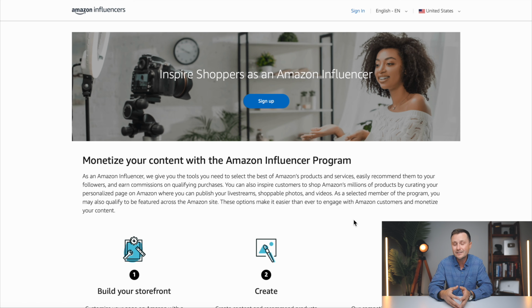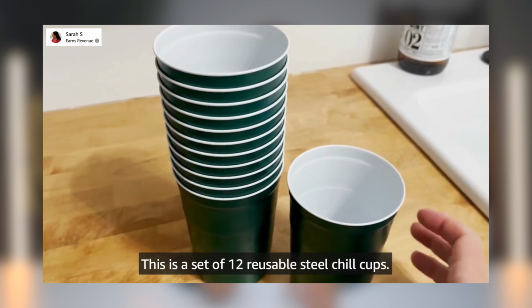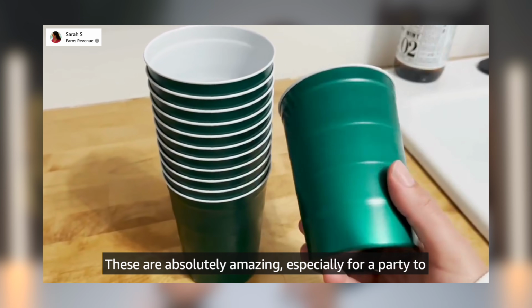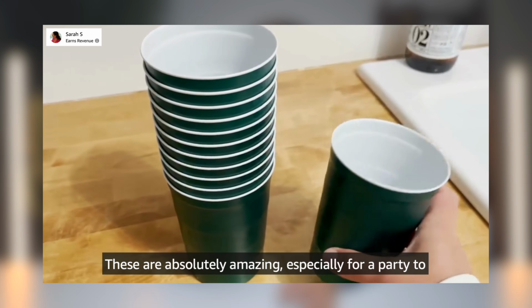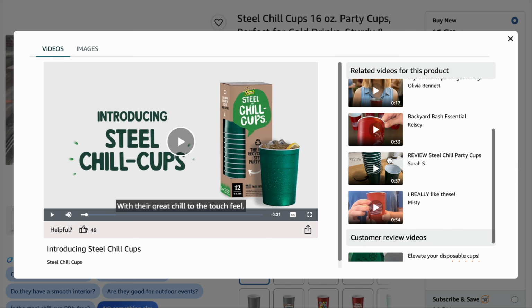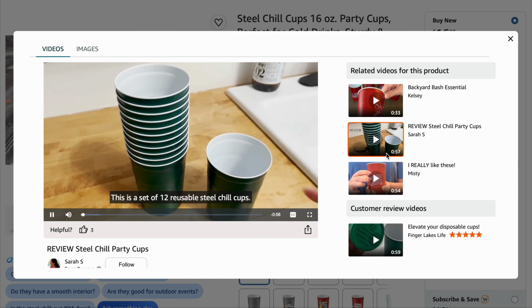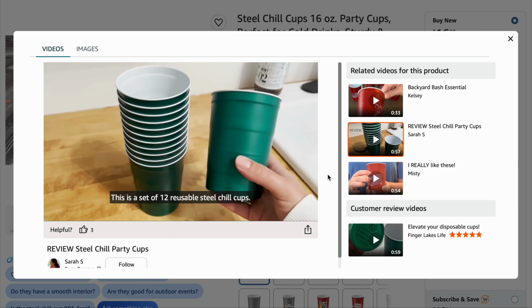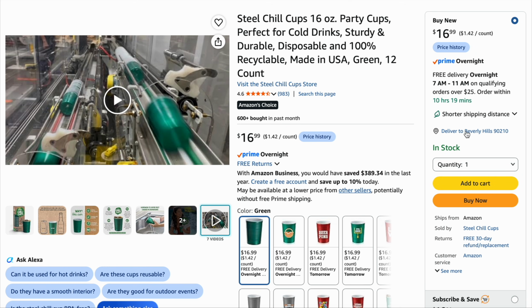Now, essentially what the Amazon Influencer program is, is an affiliate program or a referral program for Amazon. So what does that mean in layman's terms? Essentially, that means that we can create videos talking about products that we already own on Amazon. We can then post those to Amazon. Amazon will post that video on the actual Amazon Marketplace page. And when somebody is shopping on Amazon and they watch your video talking about that product, saying how you like it, and then they go on to purchase that product from Amazon, we, as the video creator, will actually get a commission on that sale. Now, I will show you real examples of this so it all makes sense, but that is the gist of the program.